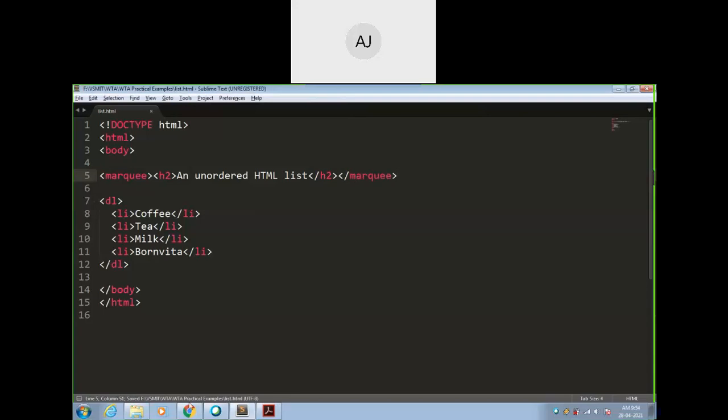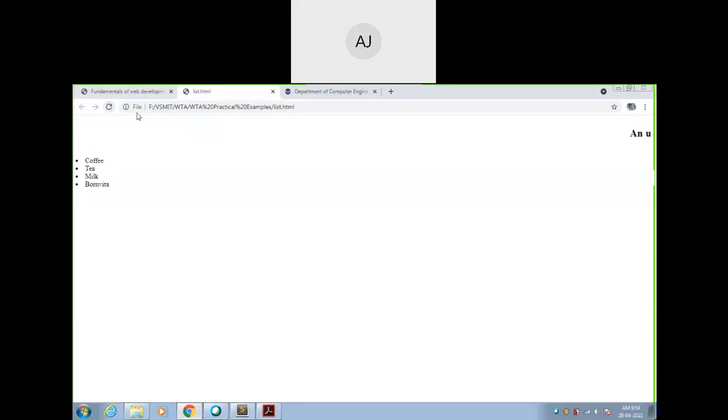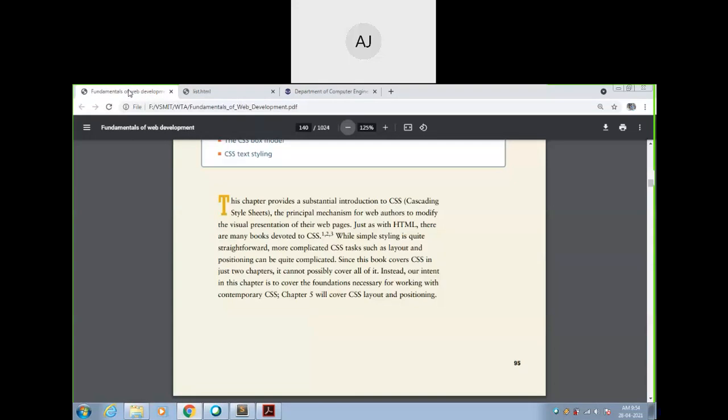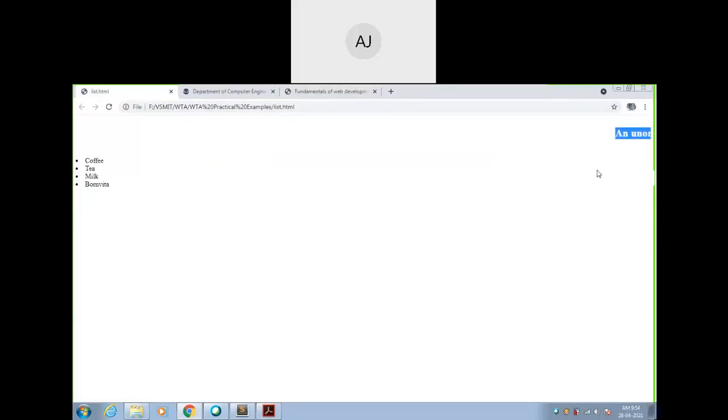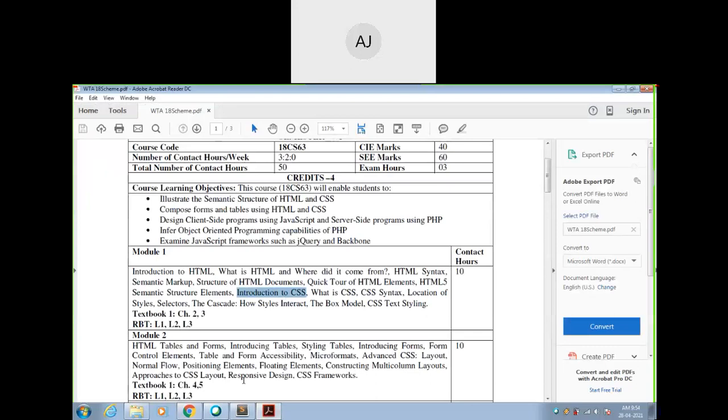Just see this. So just go to here and refresh here. So this unordered list will be moving from left to right. Is it okay? Can you see this? So you can adjust its speed also. Scroll left, scroll right. Okay, many properties will be there. You can go for this. Is it okay? So this is the output you got. Okay, this is the example of marquee tag. So this we are performing using CSS.